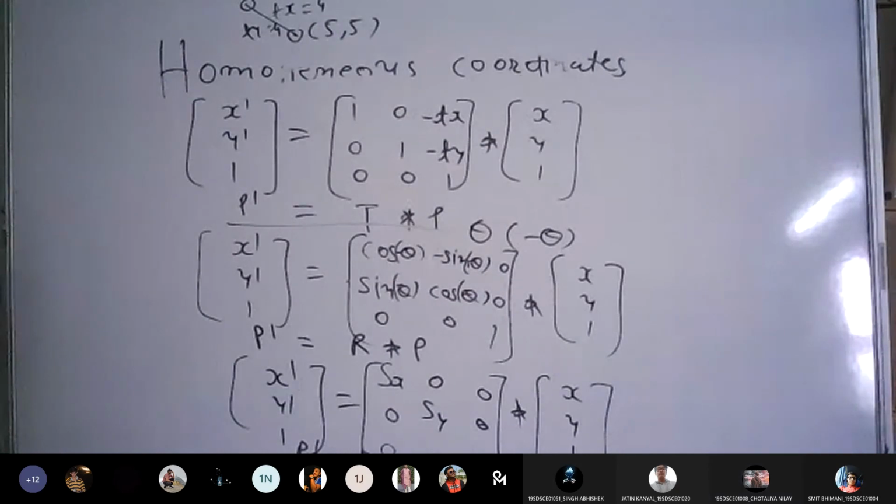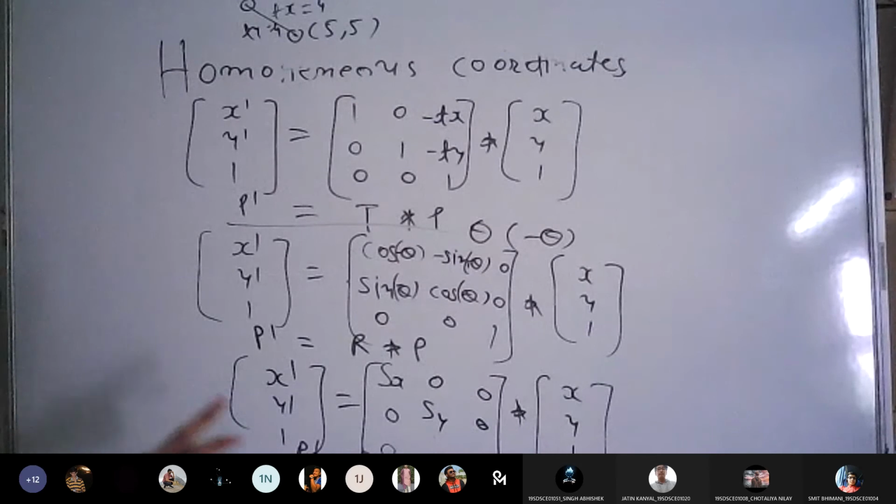Yes, sir. Great. Now if I want to get the inverse scaling, what should I do? Sir, minus will come in both, minus s. No, wrong. Sir, the divide one? Yes. See, while doing scaling, I am not adding something. If I add something, then to get the inverse I need to subtract it. But while performing the scaling transformation, I am not adding.